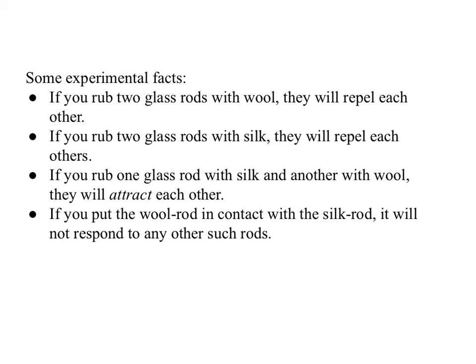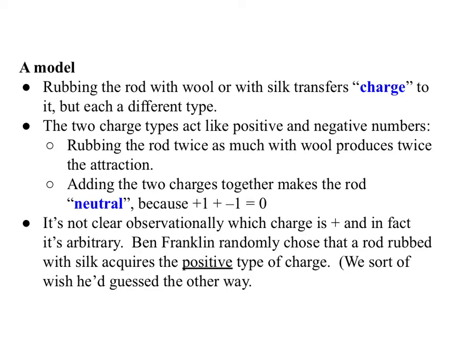early 1700s. The model that leads us to is saying that rubbing the rod with wool or with silk transfers something called charge to it, but there are at least two different types. The two charge types act like positive and negative numbers. Rubbing the rod twice as much with wool produces twice the attraction because, for instance, plus another plus,